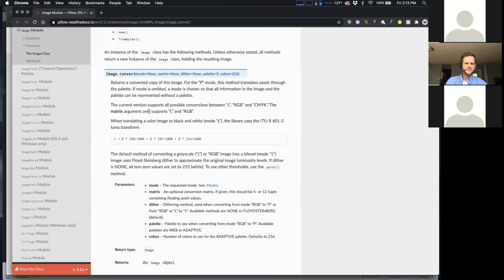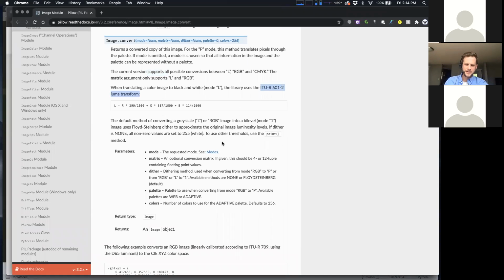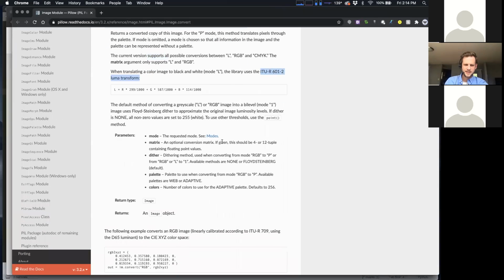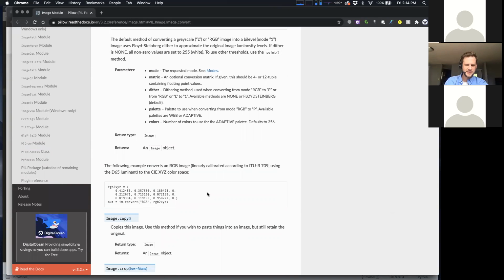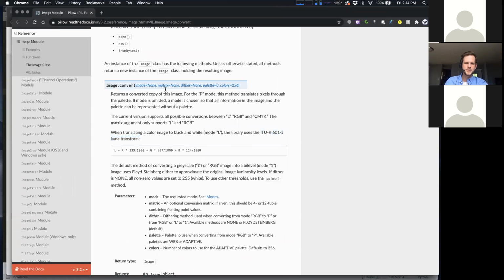Oh yeah, interesting. Image.convert. Is it because of the color space? Okay, this is a little bit off topic just because we won't cover this in this class, but I think, oh yeah, this is the special Luma transform. So this is using this ITU-R 601-2 Luma transform. This is assuming something about how the color space is saved, basically. Yeah, exactly. So don't sweat this too much right now. This is using a special color space that we are not too worried about in this class. Good question.